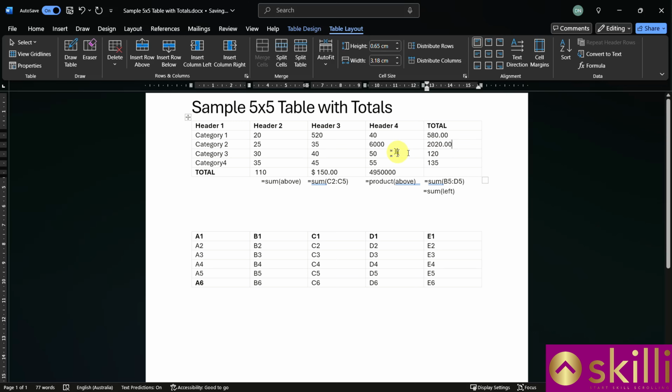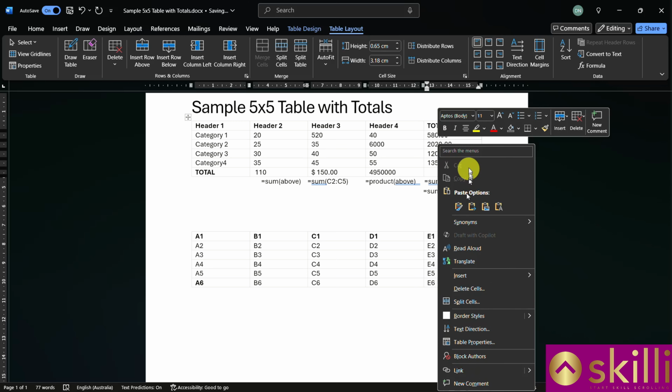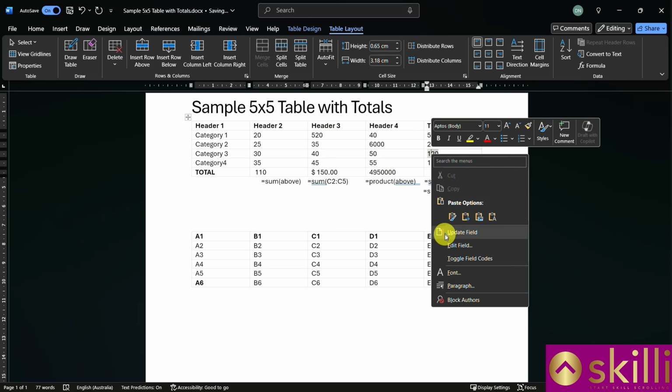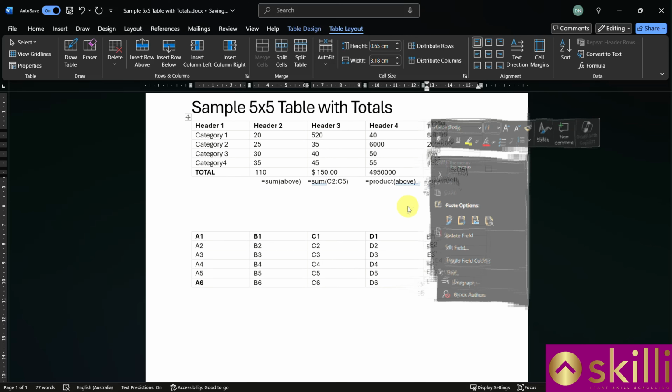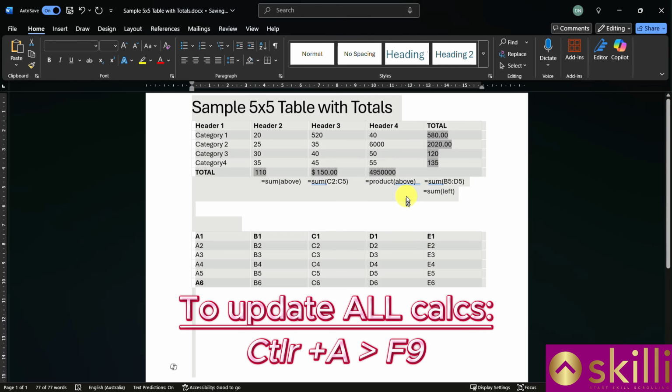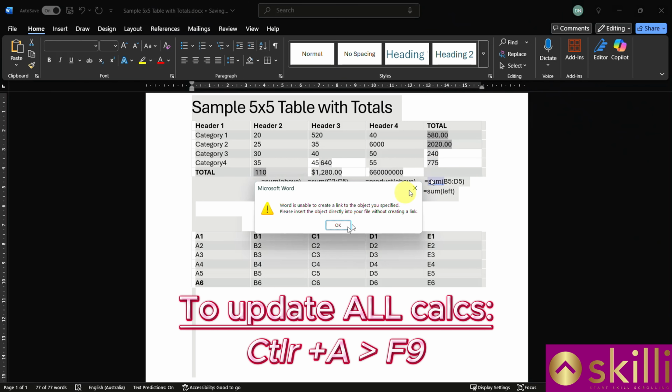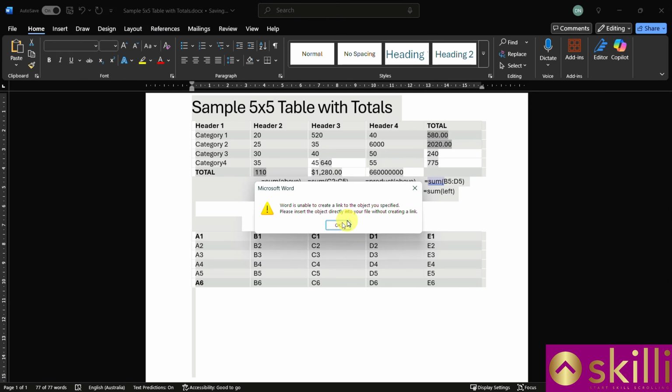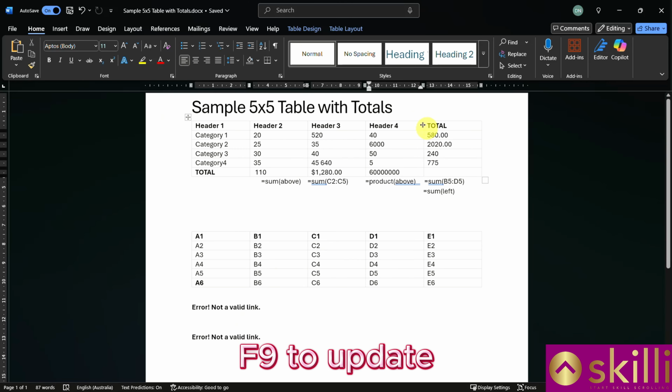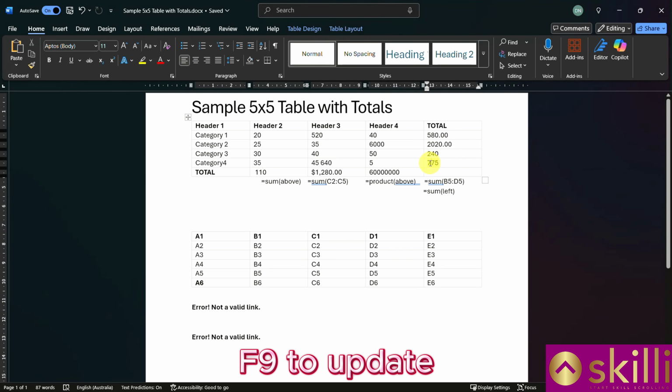The good thing is, you don't have to do this into individual cell one by one, right-clicking specific function and updating the fields. What you can do, you can select the text of the entire document by pressing Ctrl-A and then pressing F9. And then everything in your workbook will be updated. When you change the underlying data, the sums and averages and everything else you've inserted will not update automatically. You have to